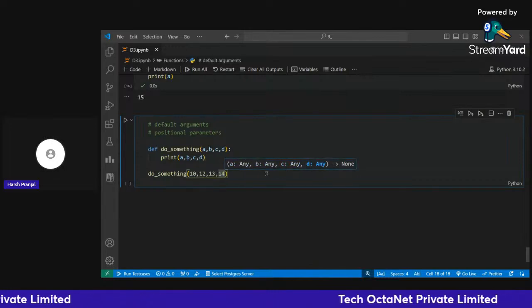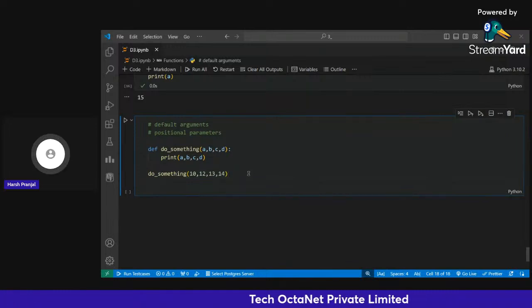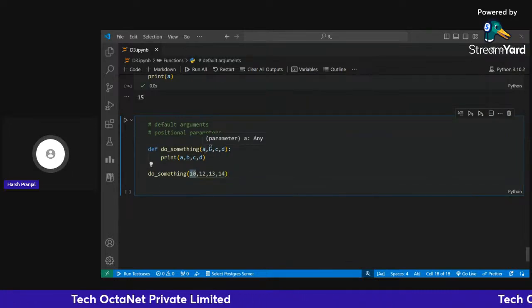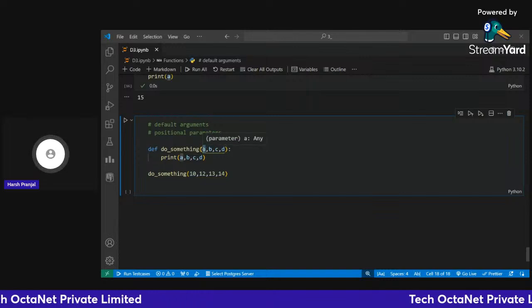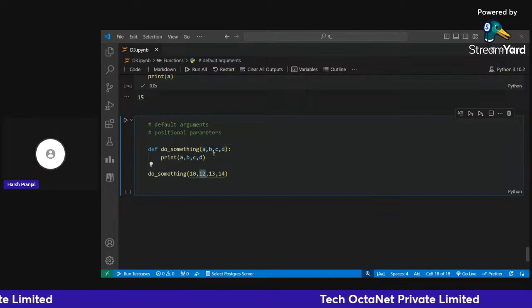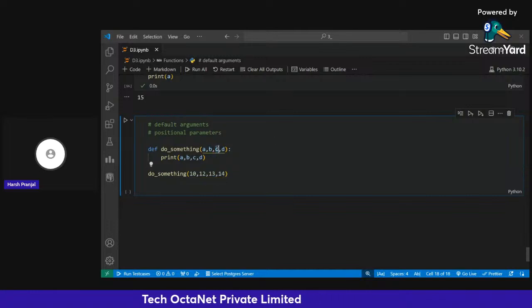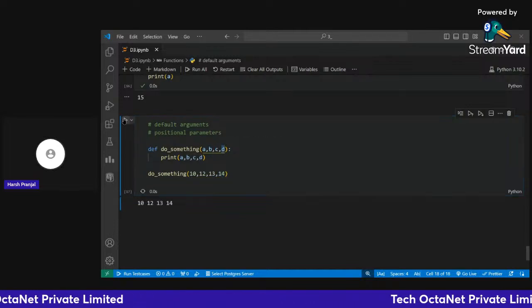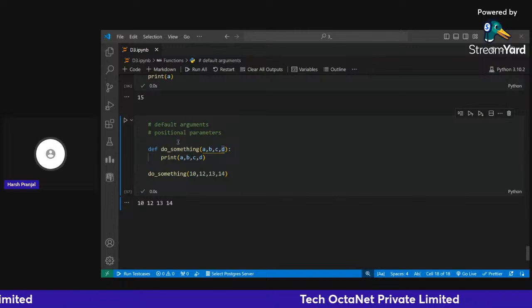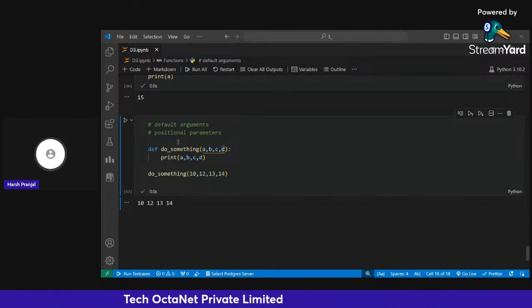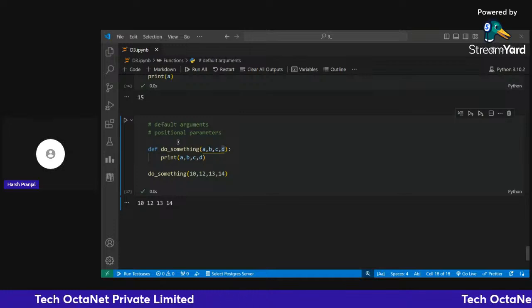You have observed that this 10 is assigned to A, this 12 is assigned to this B, this 13 will be assigned to this C, and this 14 will be assigned to this D, right? And it is printing the value of A as 10, the value of B as 12, the value of C, and